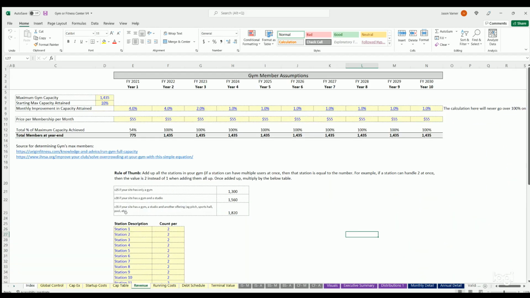Revenue is next. This is the major upgrade to this template. So it used to be more of a member model where you had growth of members and churn of members over time. I was really thinking about it, and I was researching a lot of stuff on how you find the optimal membership count for a gym. And basically, I found this rule of thumb where if your site only has a gym,